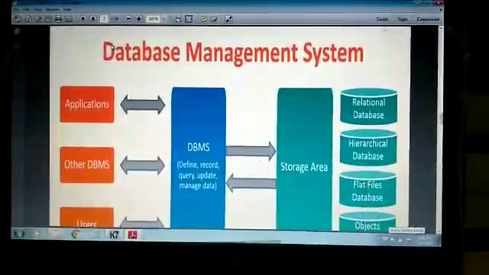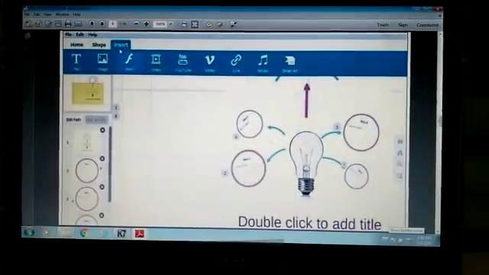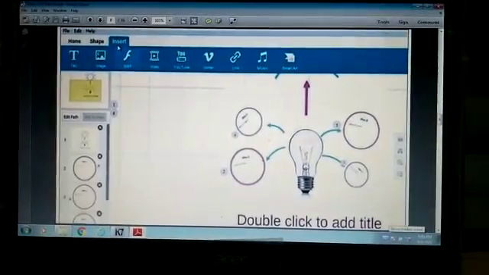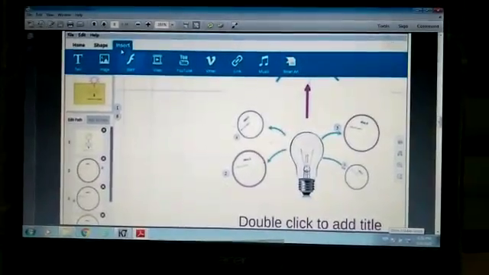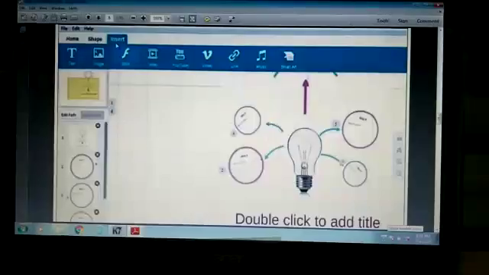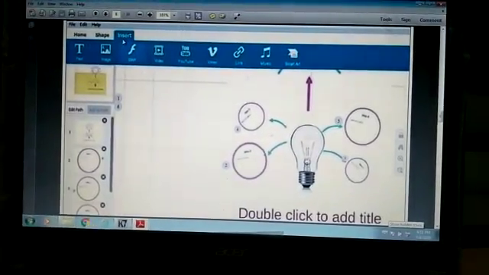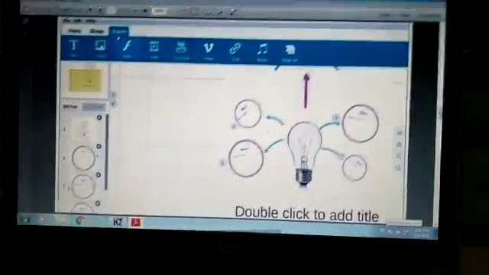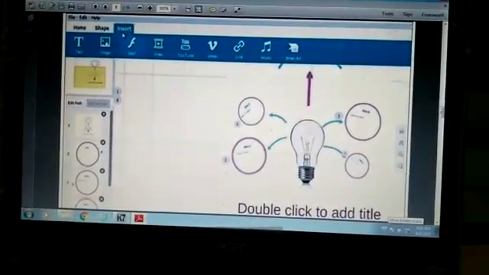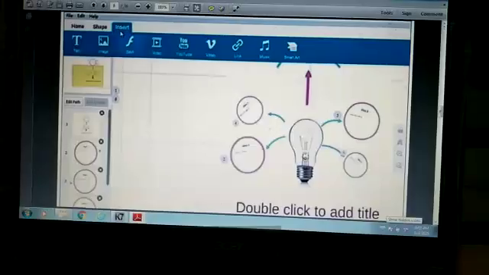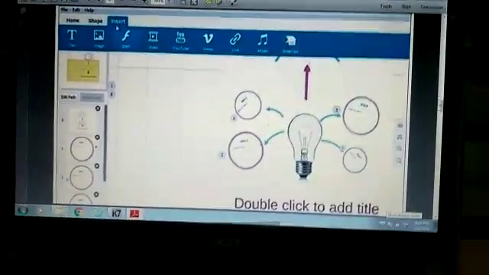And here comes the fourth one. You can see the picture. The fourth is presentation software. To give an idea or concept in a lively manner, we use this presentation software.